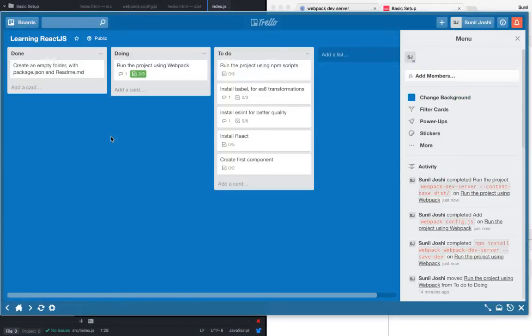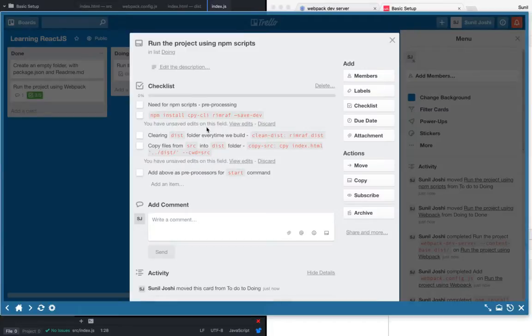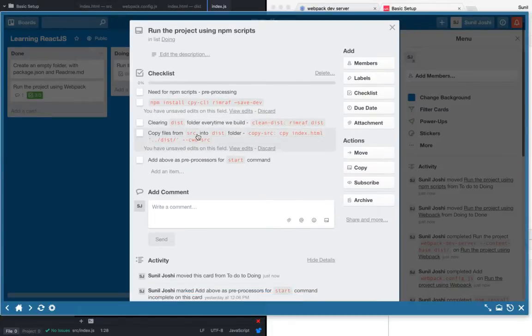The next step we are going to do is have some npm scripts in play. Why npm scripts? For the simple reason that it feels so uniform to say npm start. You can have your script hidden inside npm start, and there are many more things.